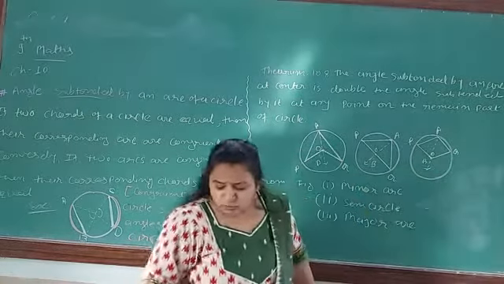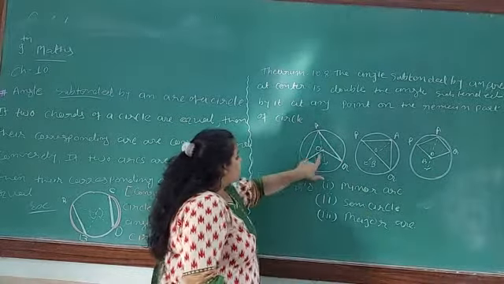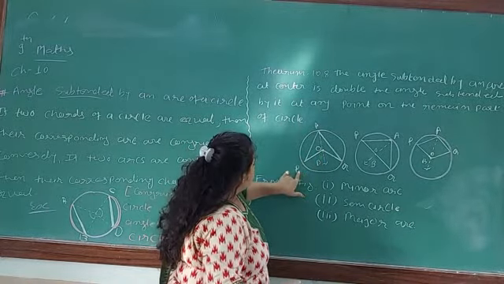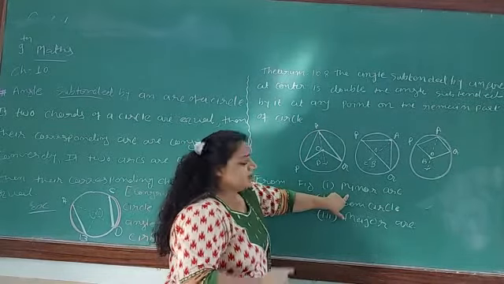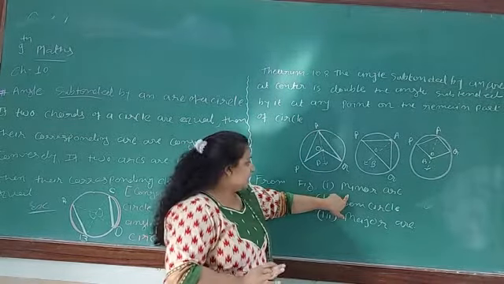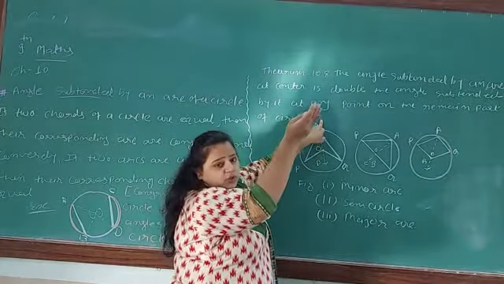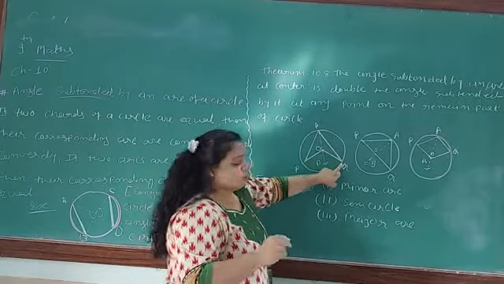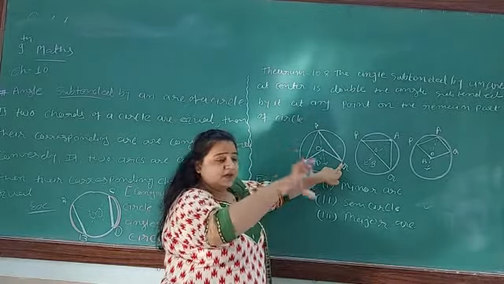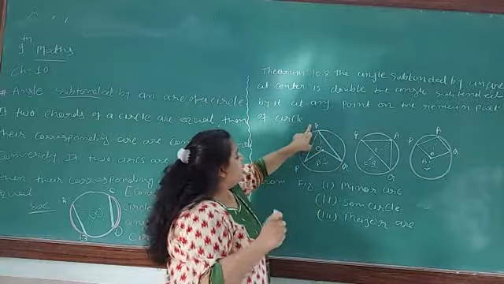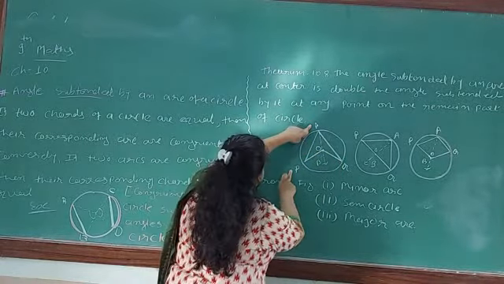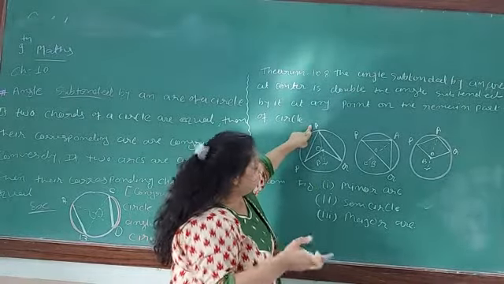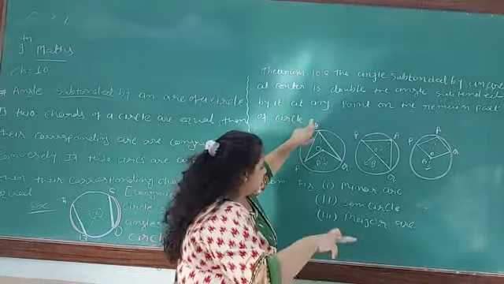So firstly I have to explain the diagram. O is the center of the circle for diagram 1. Then PQ is a minor arc. A is an outer point on the circle. Angle POQ is the center angle at the center of the circle, and A is, that means PAQ is an exterior angle, or we can say the angle on the circle.